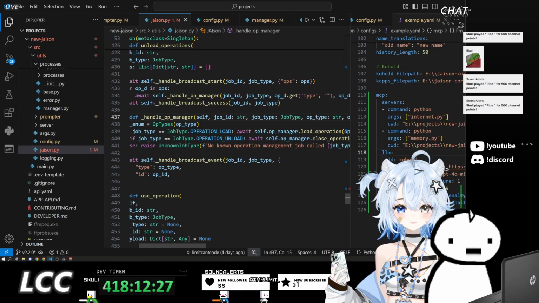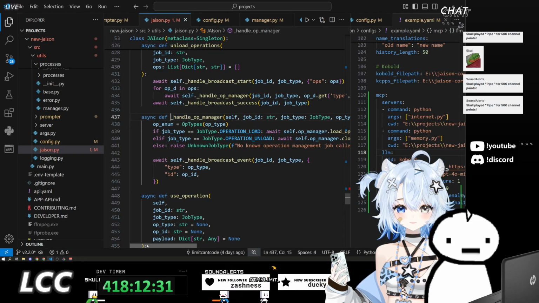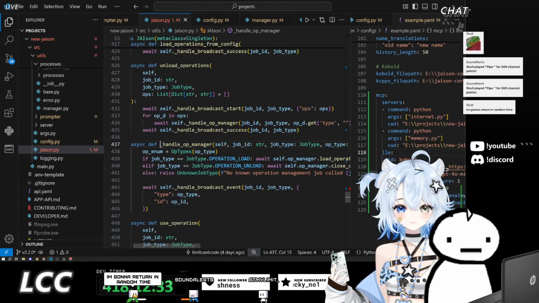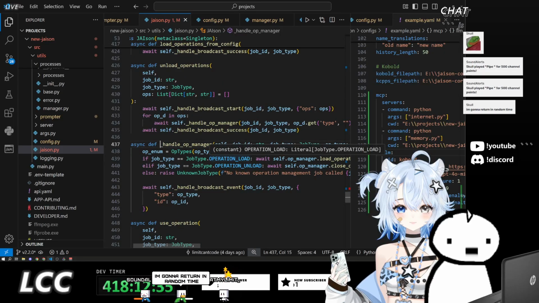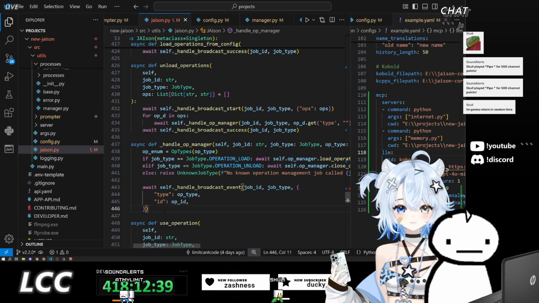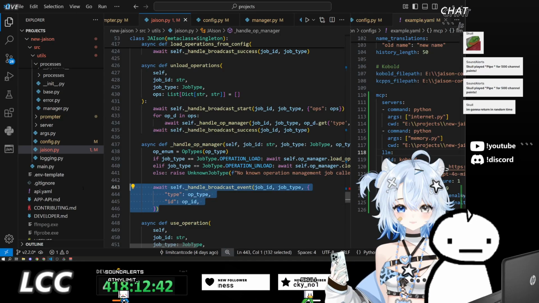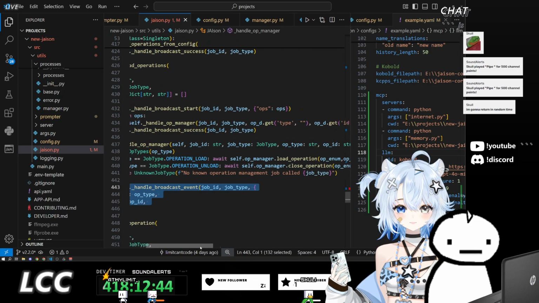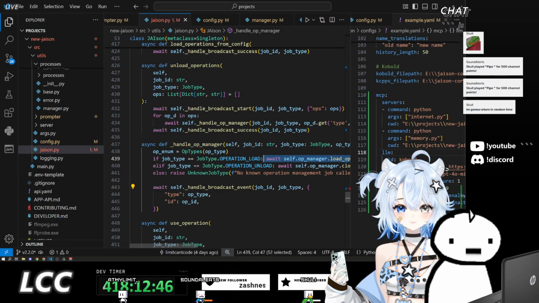And why are we doing that? No. Oh my god. Fuck it. Why are we doing this? This is so pointless. Yeah, this is so pointless. Why do we have a helper function for this?